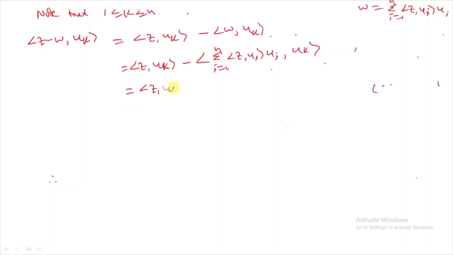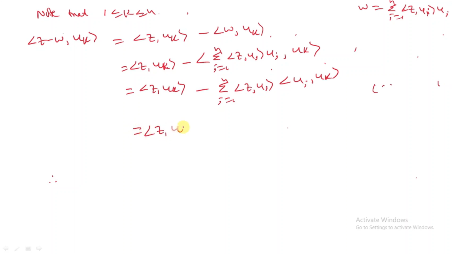⟨Z, UK⟩ minus this is correct outside. It's some number ⟨Z, UI⟩ times the inner product of ⟨UI, UK⟩. So this is an orthonormal set. This k is between 0 and n. At the kth element it is non-zero, and the remaining are all 0. That means we can write